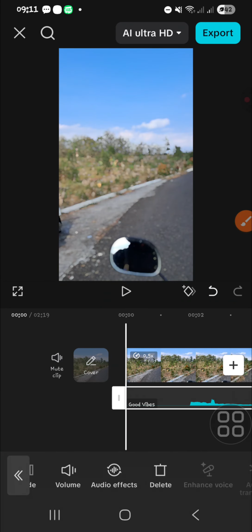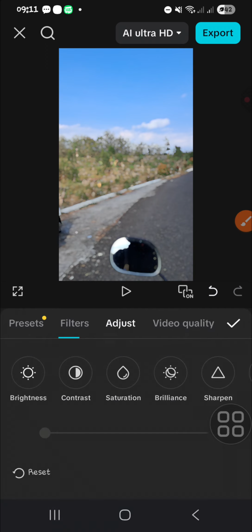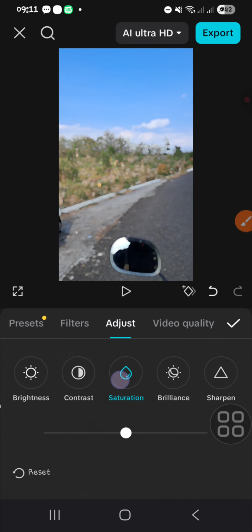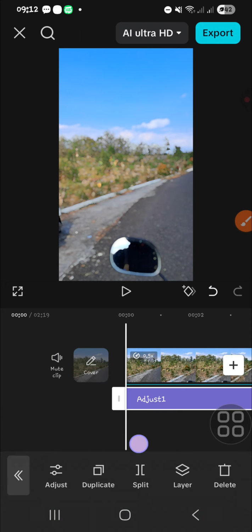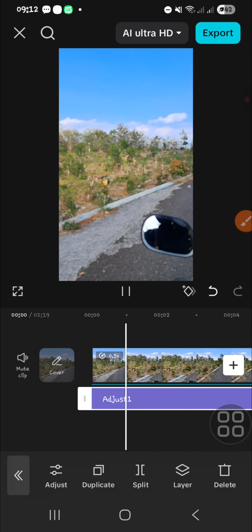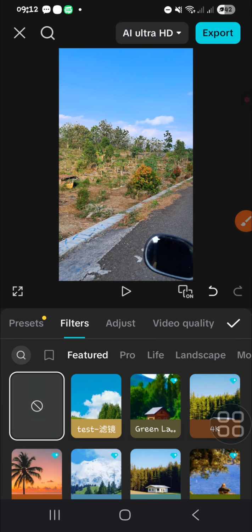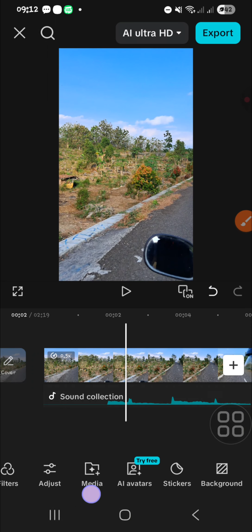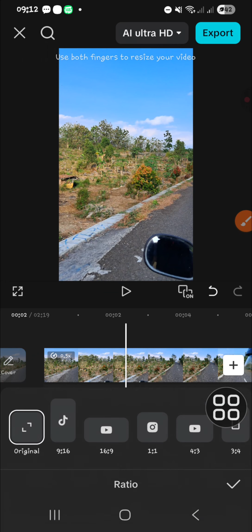Okay, like this. And then you can adjust your video. You can adjust the brightness and the contrast, saturation. And I'm going to increase the saturation and make it sharper. Okay, like this. And then you can apply filter as well, but I'm not gonna apply the filter. Okay, and then you can add sticker, and then you can change the aspect ratio if you want,